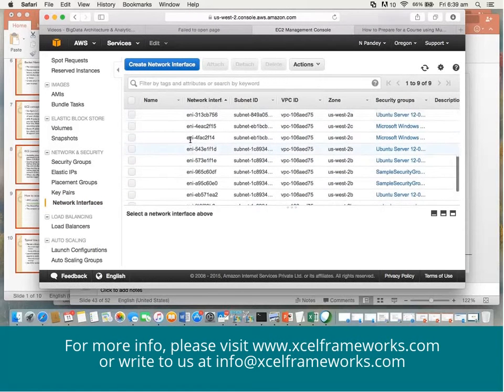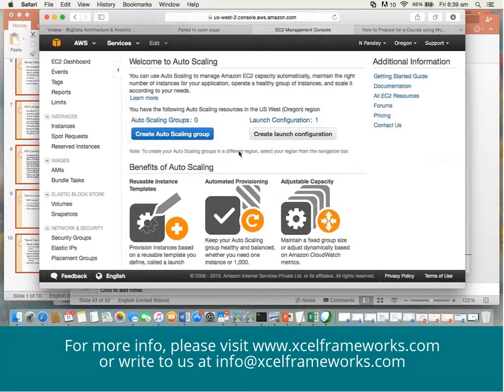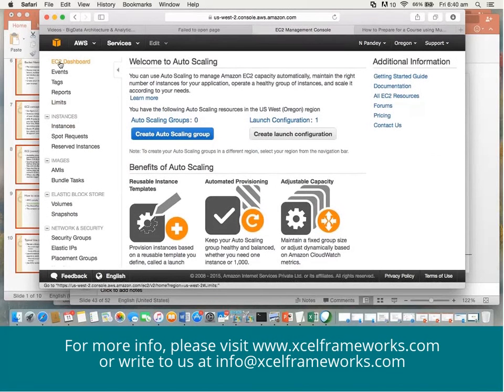And these are network interfaces. Right? So we'll work with this as well. But as of now, I feel this part is clear. The auto scaling group we did yesterday, that's clear. We created and then we deleted. Fine, we'll go back to the EC2 dashboard now.